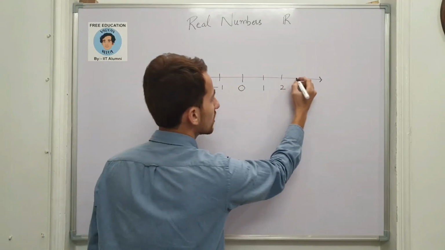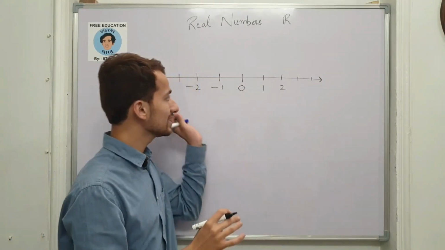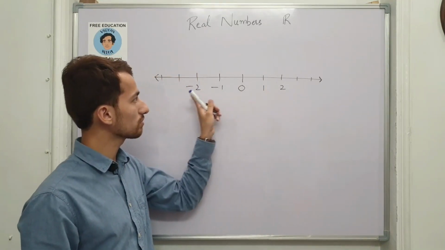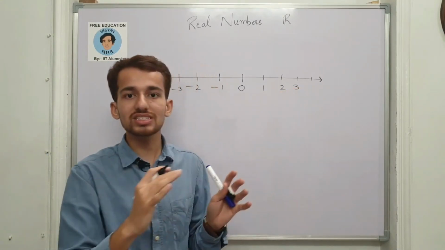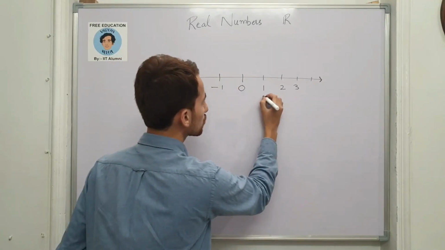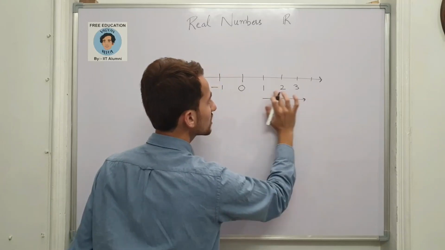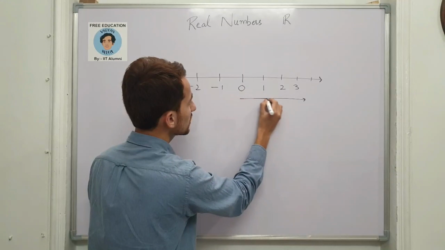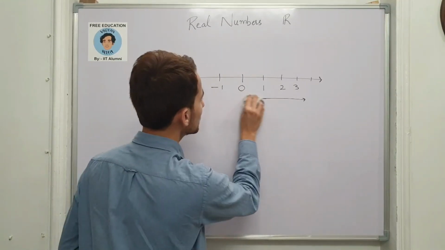So these are in a similar fashion. You can understand these all are integers: 0, 1, 2, minus 1, minus 2, minus 3, and in both directions you can continue. So this list of numbers which you have already studied is integers. If I now choose the starting point from 1 in this direction, then these numbers are natural numbers. If we include 0 in it, these are whole numbers. And now, which we have already studied,